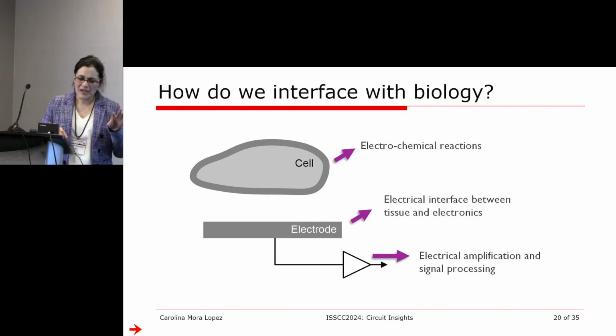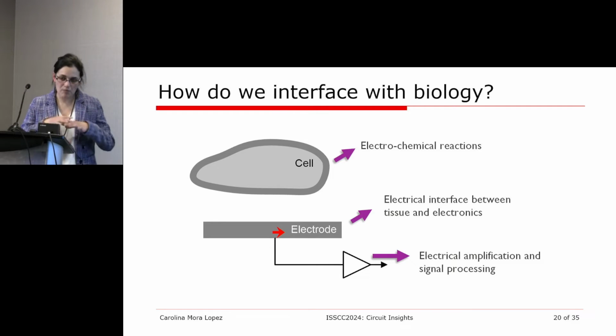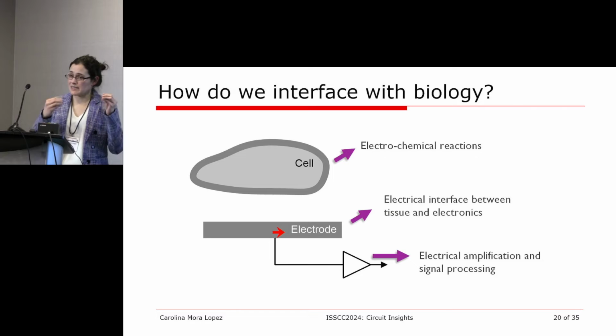Let's talk a little bit about this interface with biology. So we have an electrode. I mentioned this can be metal, this can be polymer, that is going to be in contact with your biology. The signals that are captured by these electrodes, let's talk about voltage signals, are going to be amplified and further processed by your integrated electronics. But actually this electrode is a very important component in the whole system because it's also going to determine your signal quality. Not only because the electrode itself is a resistive element and is going to generate noise, but also